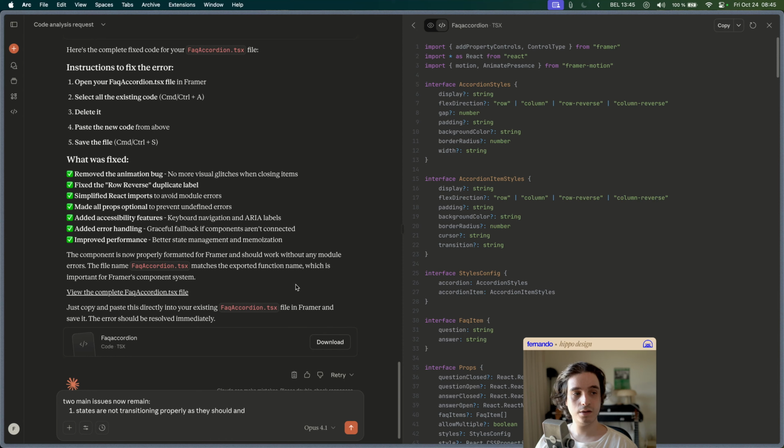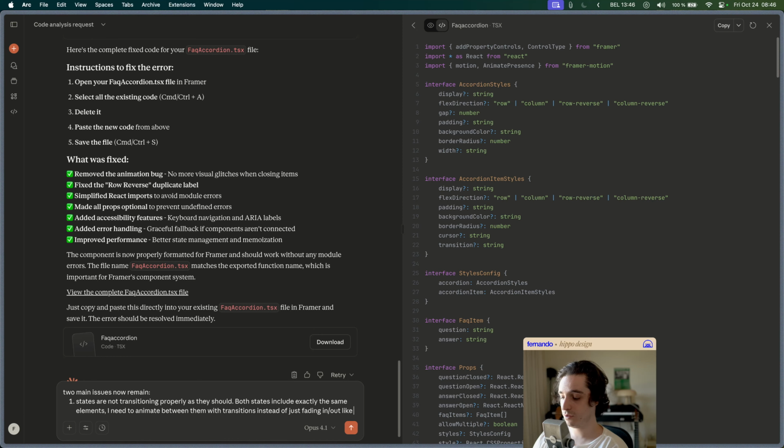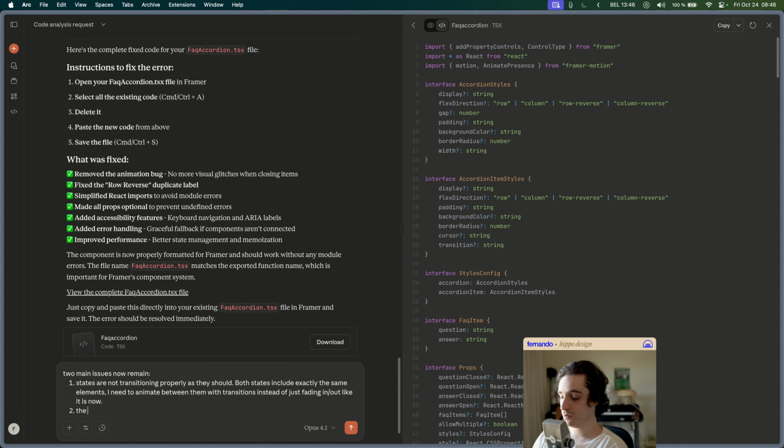We're back. So states are not transitioning properly as they should. I want to say we need to animate both states, including exactly the same elements. I need to animate between them with transitions instead of just fading in and out like it is now. Number two, the text content of the rendered